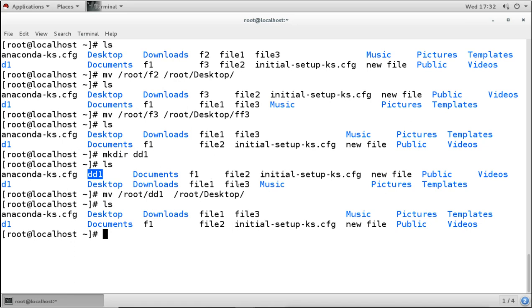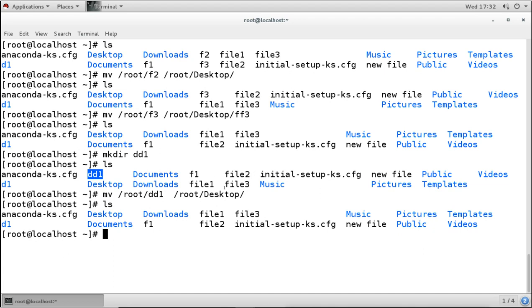So in that case it moves the directory directly without any recursive option. This is what the move command does. Now we have seen copy and move. If we want to copy a file or directory, we can use the cp command, with the source and destination. For moving a file or directory, we use the mv command, and same as the copy command, we use source and destination. And one more thing, at the destination we can rename the file, just like with the copy command.